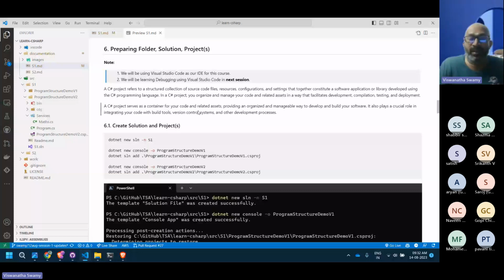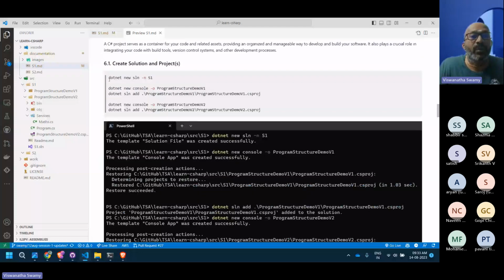A C# project will have an extension .csproj that contains the assets, the programming language and the configuration. Everything will be there. We'll come and look into that. And a bunch of projects we will wrap into a solution.